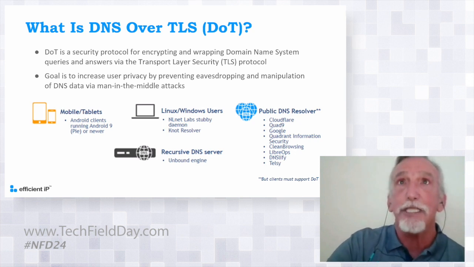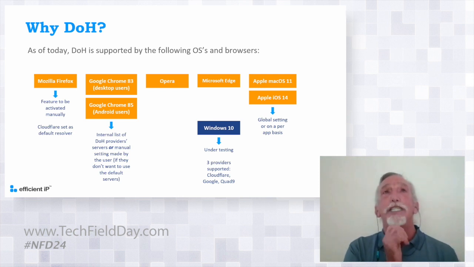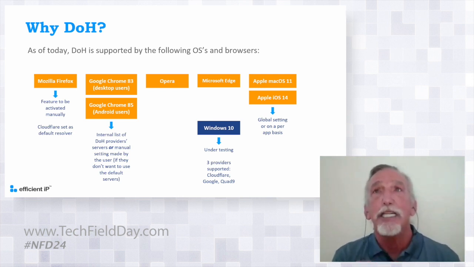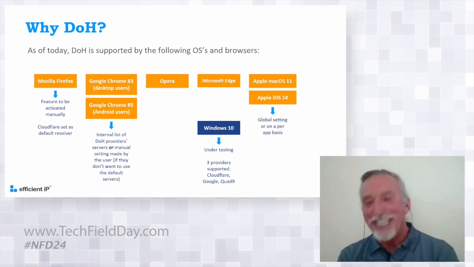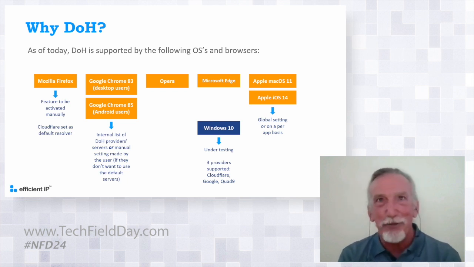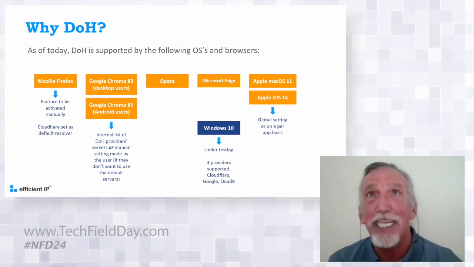Okay, next one is DoH. And these are the ones that are in DoH as of, I think, last month. The one good thing about this right now is that they're off by default, right? And it just takes one software update to make them be on by default. Again, what this is, is last mile security.